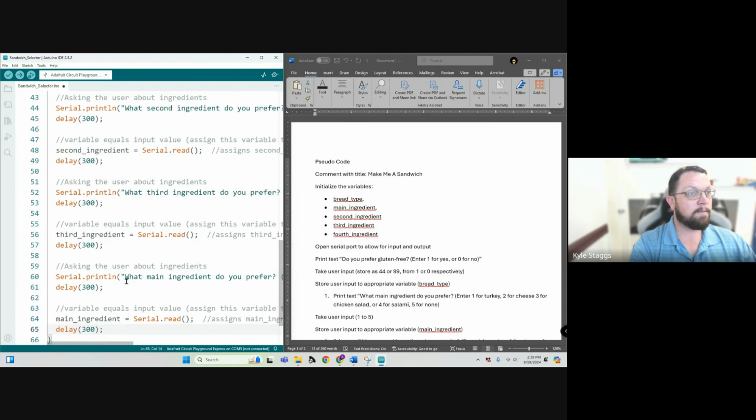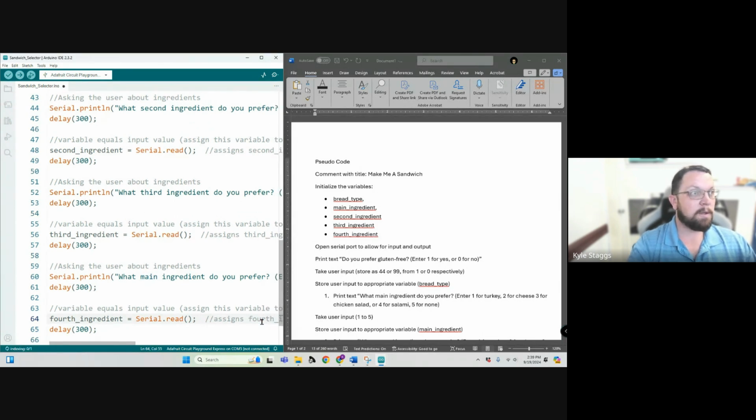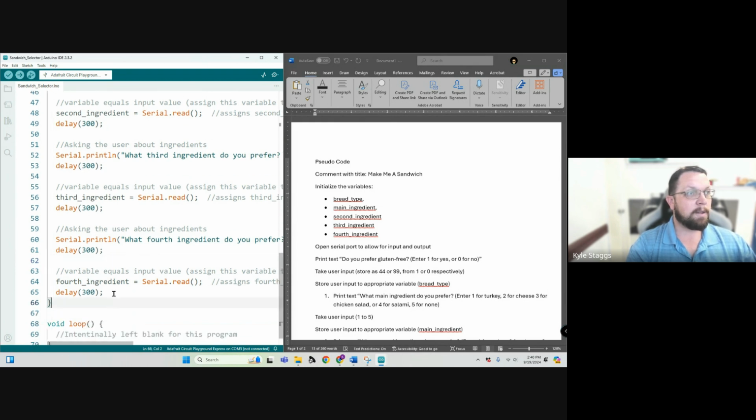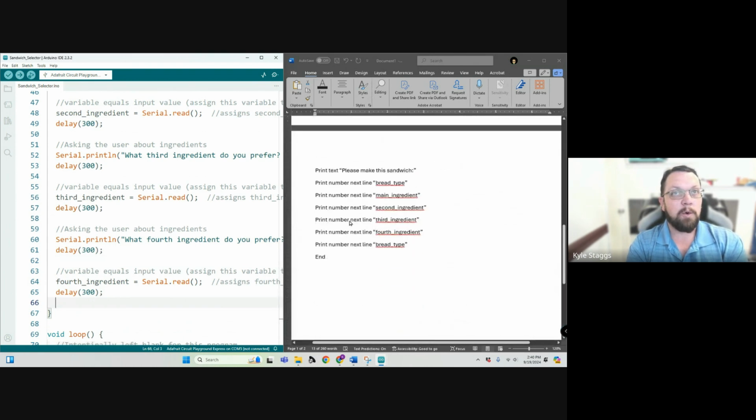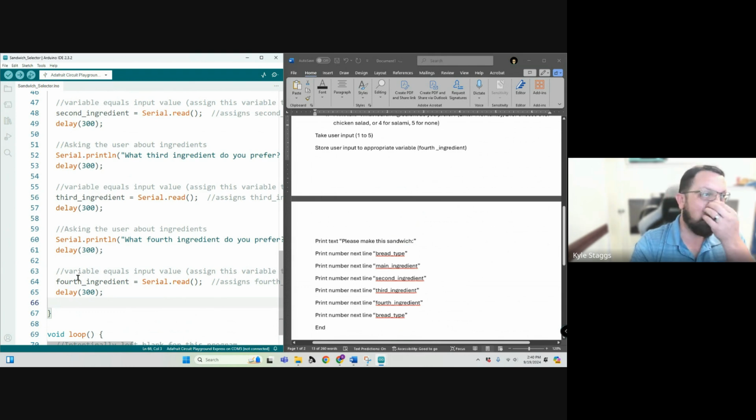So then I do it again for fourth, and for fourth. So now we are at the simplest form of, we've got one more, and now we have to do